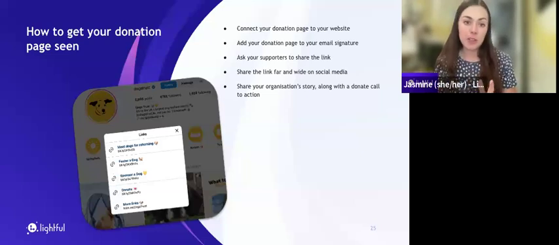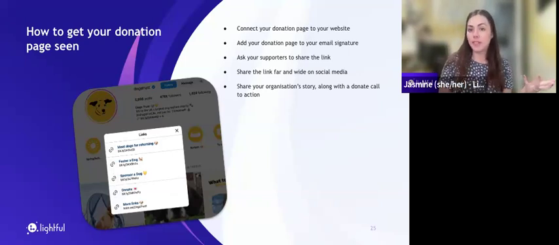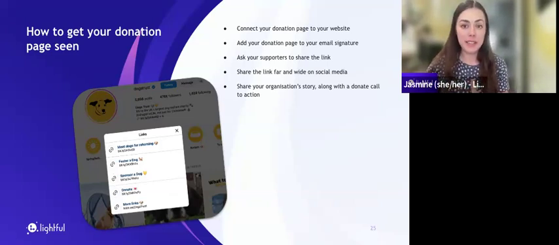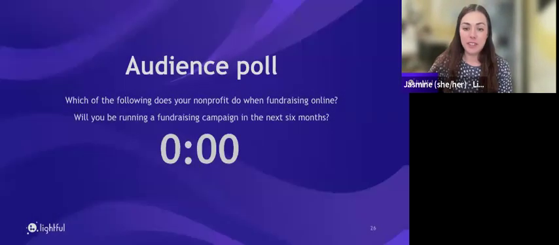And don't think that just because you shared the link once, people will know where to find it. I think always have it available, because you just want to remove those barriers. So it's totally fine to add that at the end of all the social media posts that it's relevant to do so, and just make it really easy, really visible for people. And then once someone has donated, it's really important to steward them well. And we're going to look at that in just a moment.